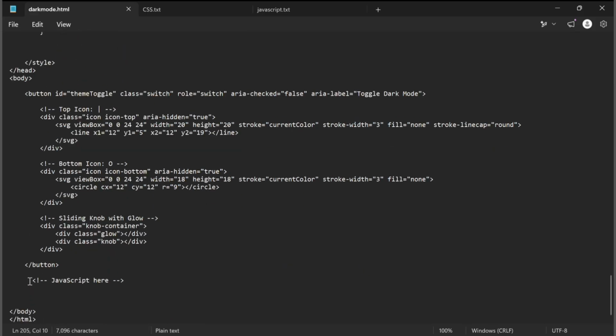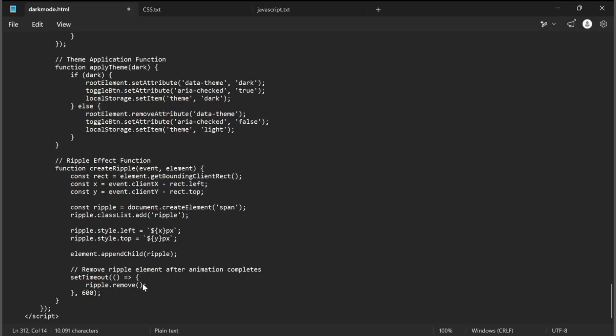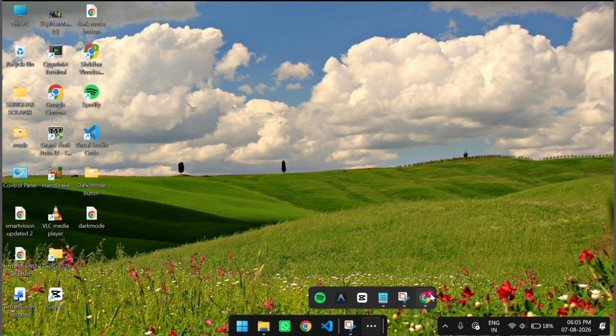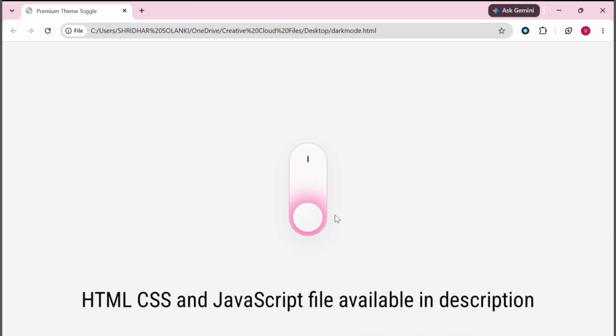Now I'm adding the JavaScript code to our HTML file and saving everything. Let's open the browser and see the final result. As you can see, the toggle is now fully interactive. When I click the switch, the knob smoothly moves from the bottom to the top,